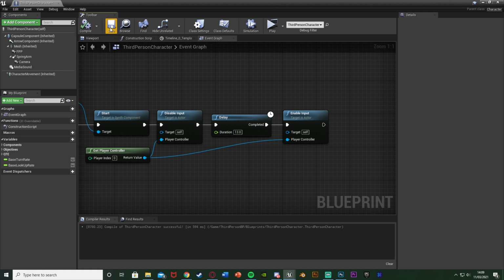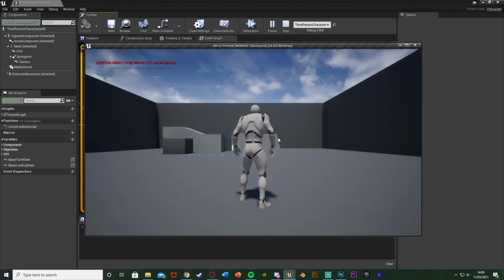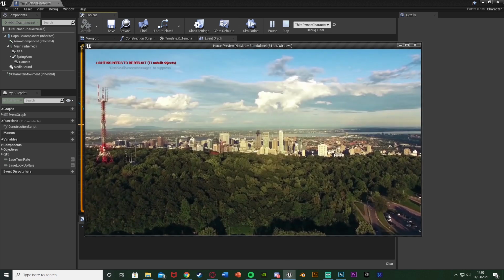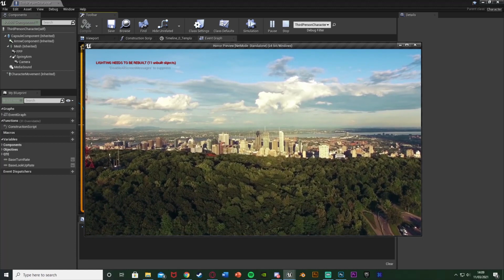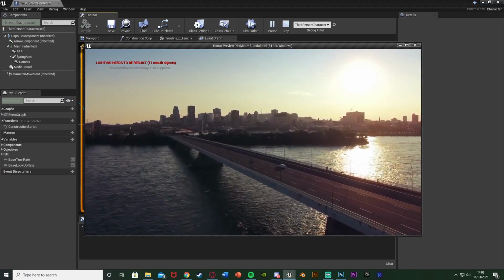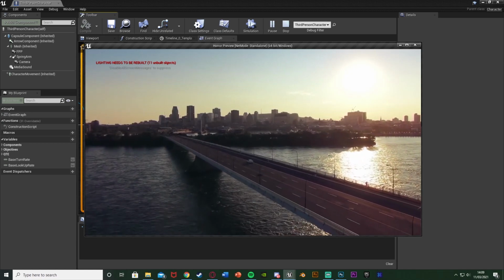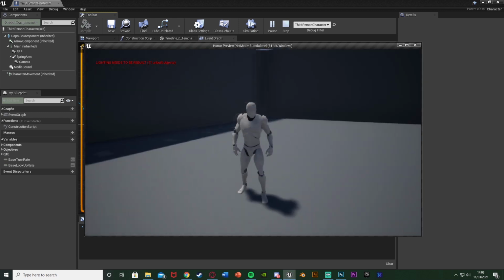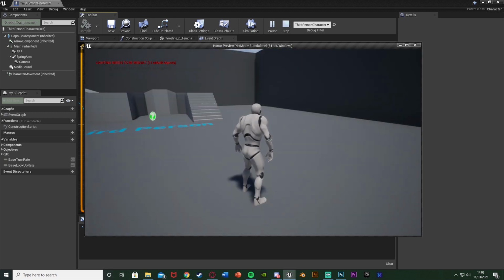So if we compile and save, we can hit play to see if this is working, because it should be now. So again, I can walk around, and let's jump just to test it as well. I jump and press P, the video is started. We haven't got the audio because I actually forgot to do one tiny thing. However, the video is playing, and then we'll see if it also cuts out at the end as well, so it comes off the screen, and see if we're still flying, or jumping, sorry. Yeah, we are, so actually we fell before the widget got fully taken off screen,